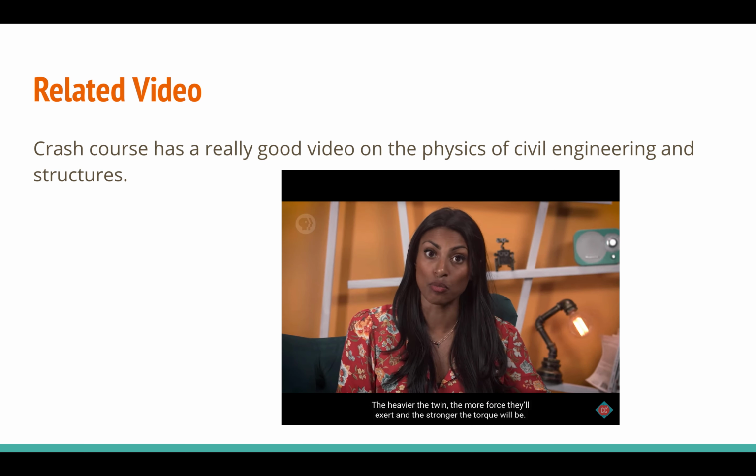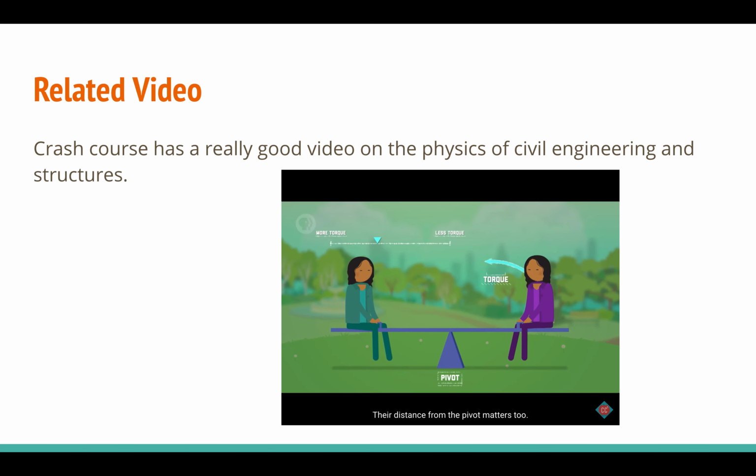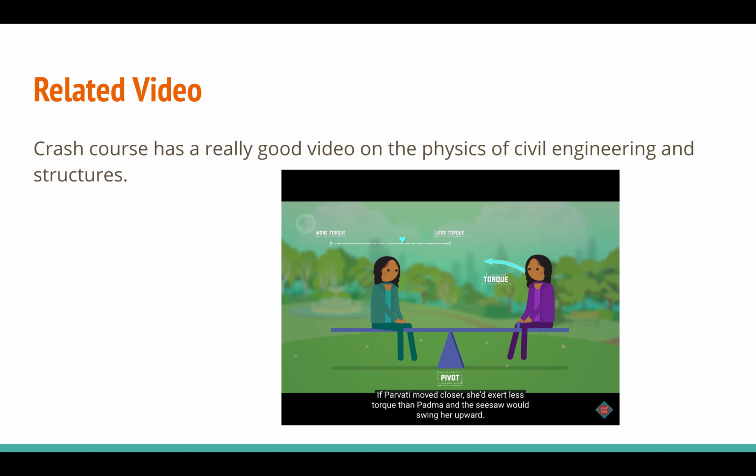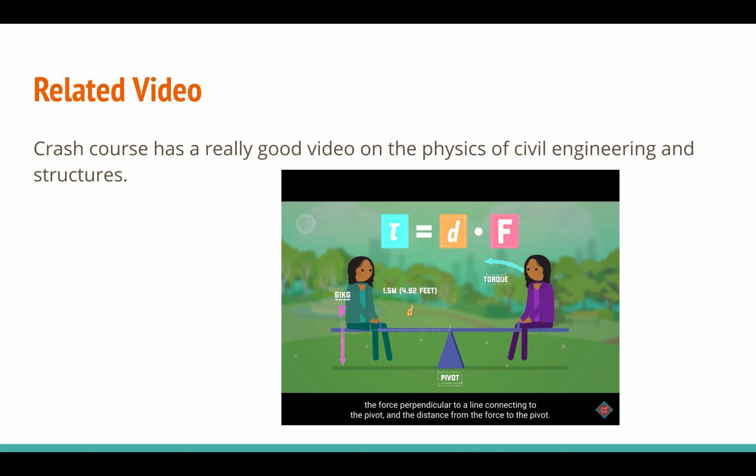The heavier the twin, the more force they'll exert and the stronger the torque will be. Their distance from the pivot matters too. If Parvati moved closer, she'd exert less torque than Padma, and the seesaw would swing her upward. Those are the two ingredients you need for calculating torques: the force perpendicular to a line connecting to the pivot, and the distance from the force to the pivot. Multiply those together and you get torque, which is measured in units of Newton meters since you're multiplying force by